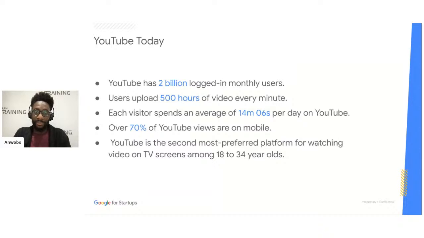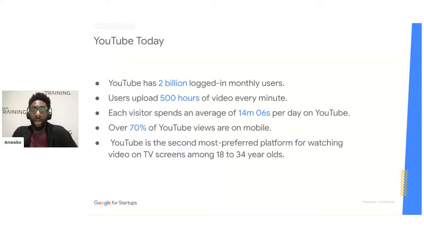So absolutely. And of course, one other stat here to give you then, in terms of the consumption on a TV screen. YouTube does compete with television advertising, because now we know so many people do watch video on their TV. When we are placing our ads, we can place ads in front of people on the TV devices as well.